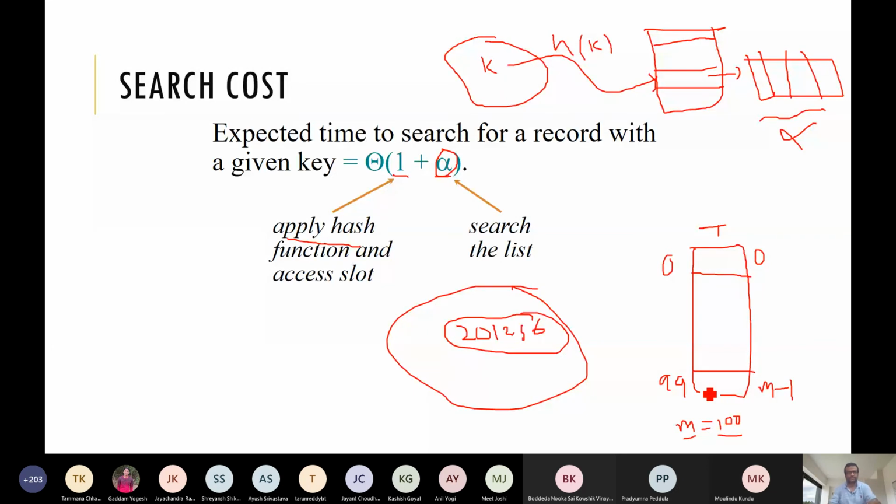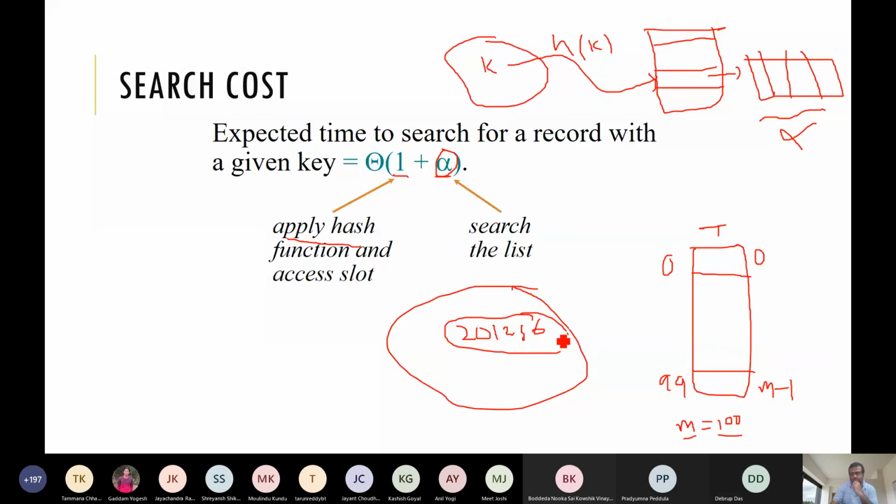Any question? Sir, please. Sir, are these arrays? Yes, these are arrays of size m. These are tables. Are these arrays of integers only or structures? No, ultimately we are storing the keys over here.